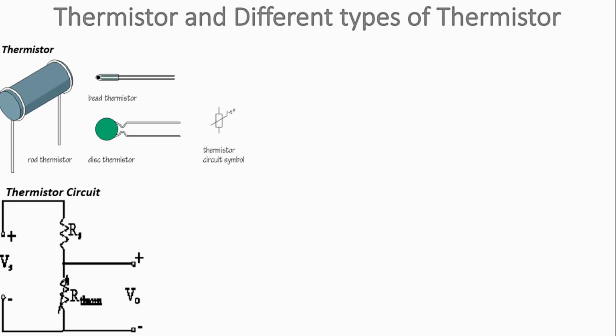Larger resistance change with temperature. Rapid response time, good stability, high resistance eliminates difficulty caused by lead resistance, low cost and interchangeable. Now we will also see what the disadvantages are. It's non-linear, has a limited operating temperature range, may be subject to inaccuracy due to overheating, and a current source is required.